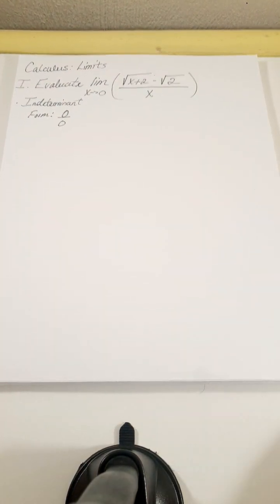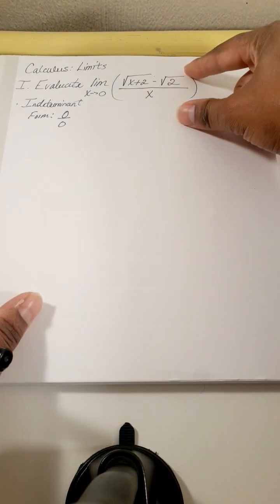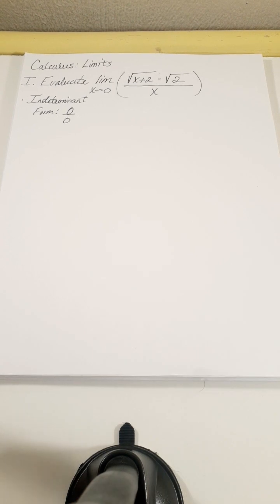There are 7 types of indeterminate forms. I have to remind my calc students all the time that an indeterminate form does not mean the limit does not exist. A lot of students get that confused and assume that you can't do the limit, or the limit does not exist, just because you get one of these indeterminate forms. The more common indeterminate forms are 0 over 0, infinity over infinity, or something like that. So what you have to do when you get these forms is